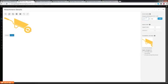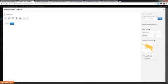So it's 217 by 150. And you'll notice that when I changed that dimension, it automatically changed that as well. So it's kind of keeping the original dimensions but scaling the image down. So if we click on Scale, as you can see, it's created it there, and it looks slightly smaller, which is good, and it's saved